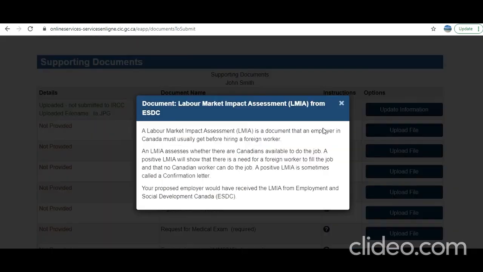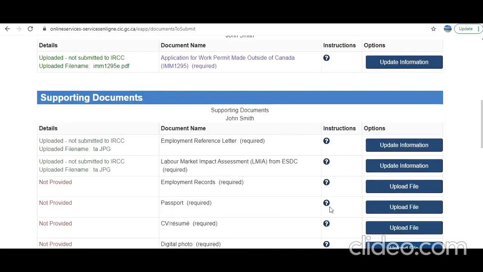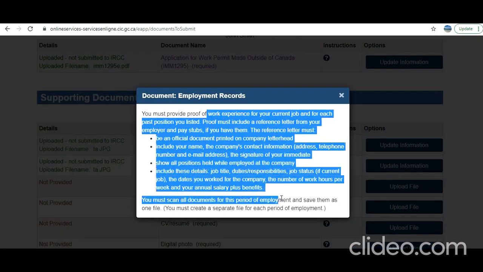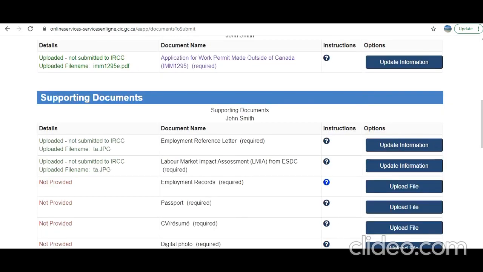You can read here the full information. Employment records: generally employers provide this also. You can read what you need to provide, and then you can upload. Generally employers have this already. I mean big employers definitely have it.